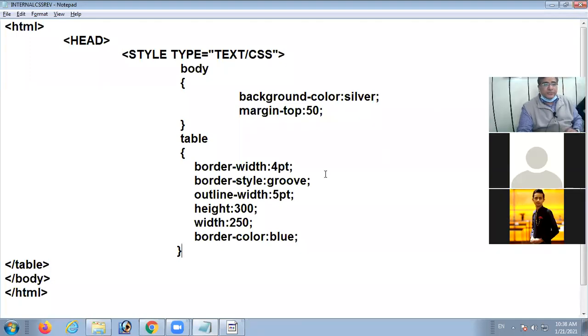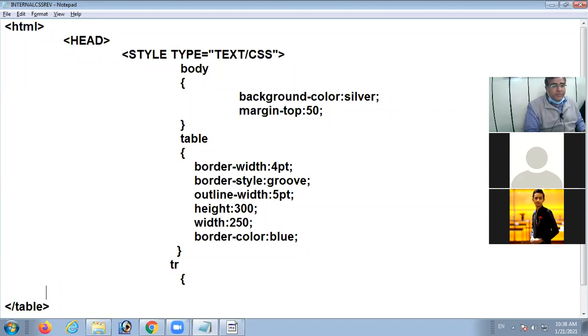Okay. Now, similarly, you can take the other selectors, like I am going to apply properties for TR now. I want font family Verdana.